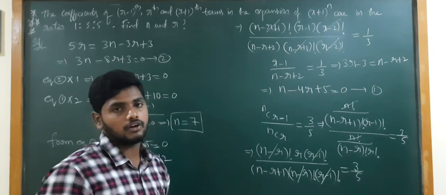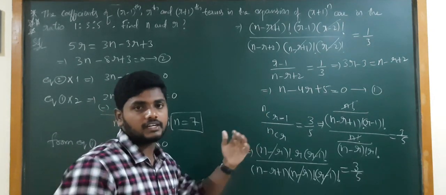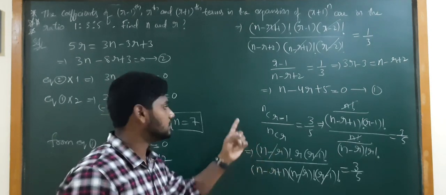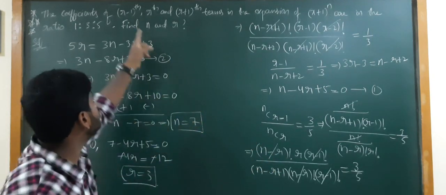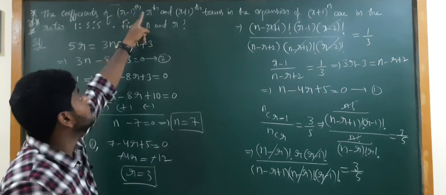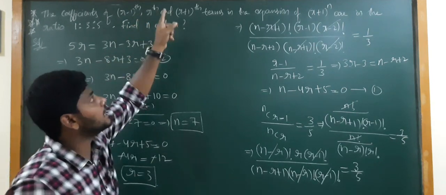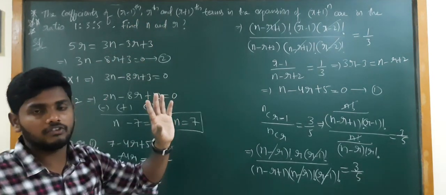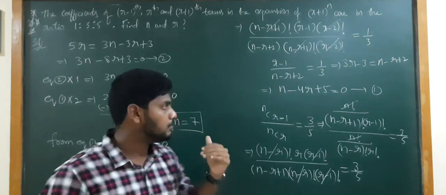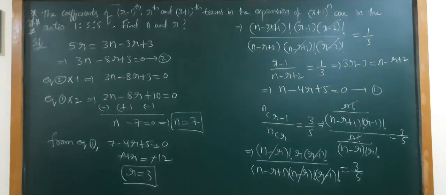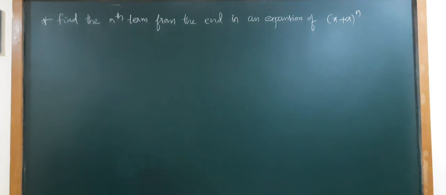So the nCr formula, what is nCr? n factorial by n minus r factorial into r factorial. That formula you need to know. And again, how to write the r minus 1th term, how to find the rth term, how to find the r plus 1th term, you should be aware of that by using general terms. Pause the video to note it down. This is also a very important model.